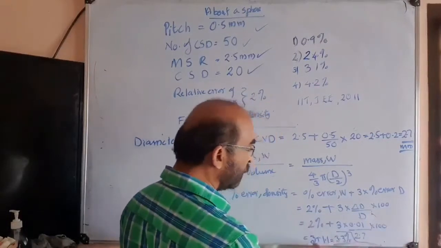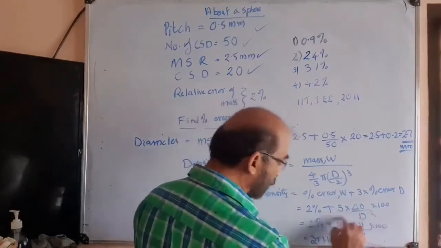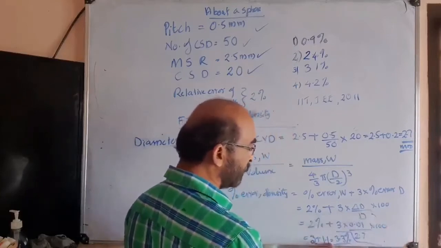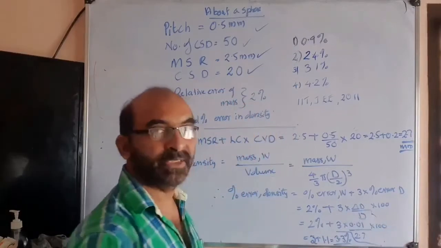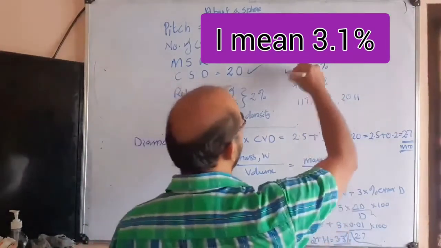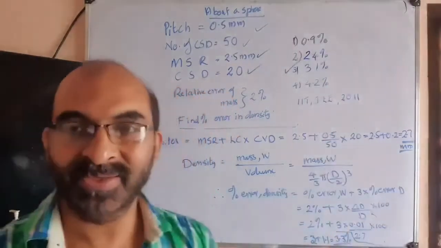So what is the final result? This as a whole is 1.1. 2 plus 1.1, 2% plus 1.1%, 3.3% is the possible error. Okay, so answer is 3. Hope you followed that. Okay.